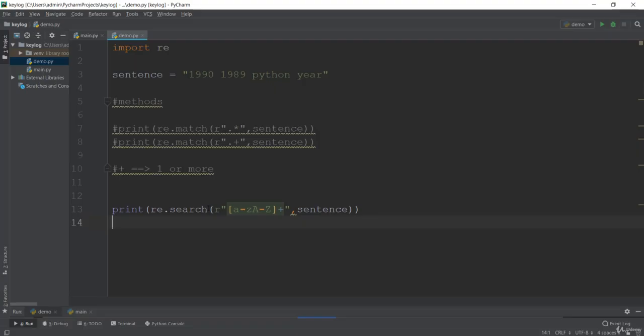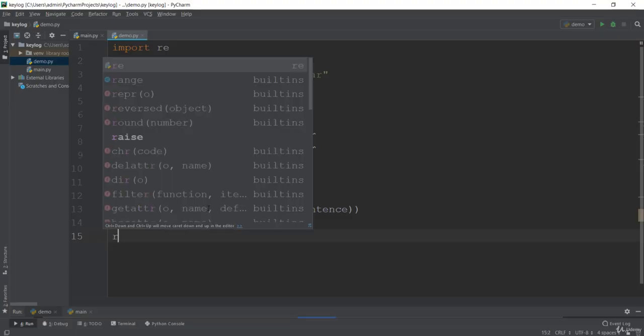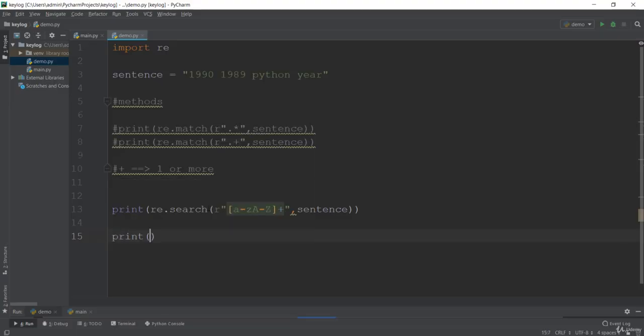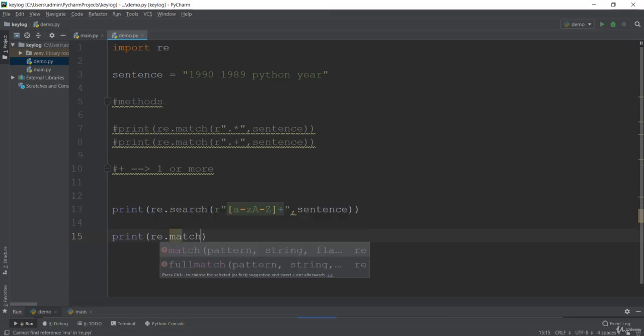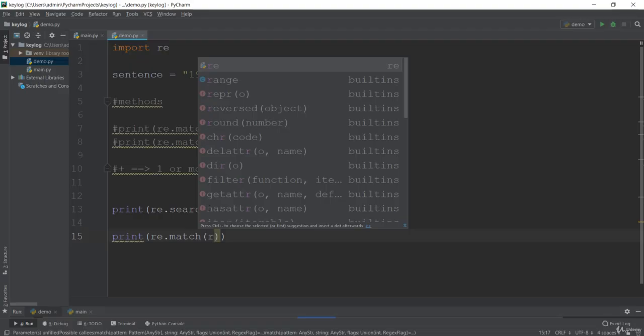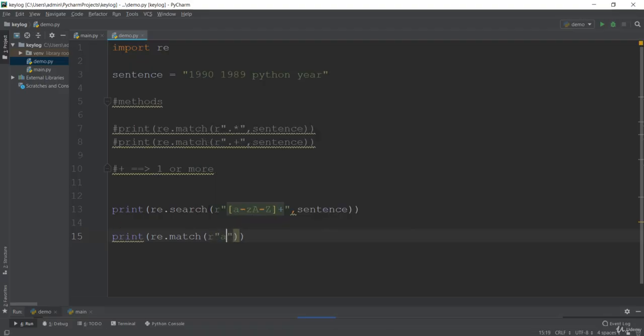So let's see another wildcard character. We have already seen maybe three wildcard characters, so let's see one more now. Let me print this first, and I'll work with match. And now I have to give this regular expression as always. Here I want to match with this new wildcard character, the question mark. So let's see what this question mark is about. First of all, we have already learned about the asterisk and the plus sign. Now it's time for the question mark.